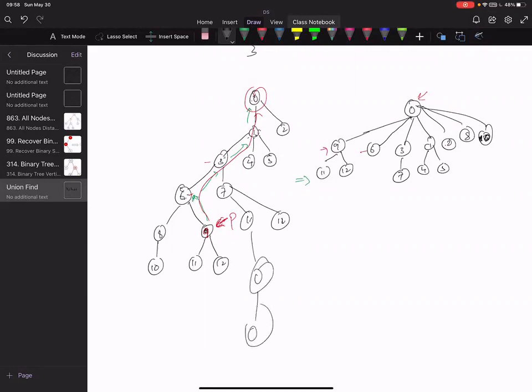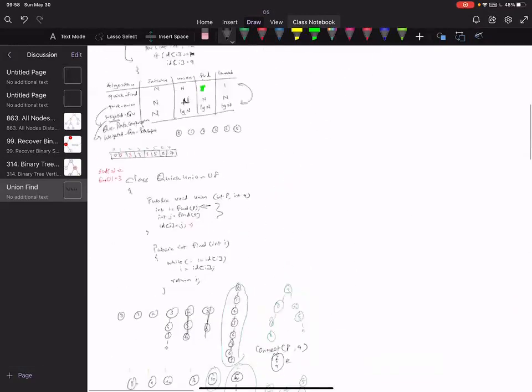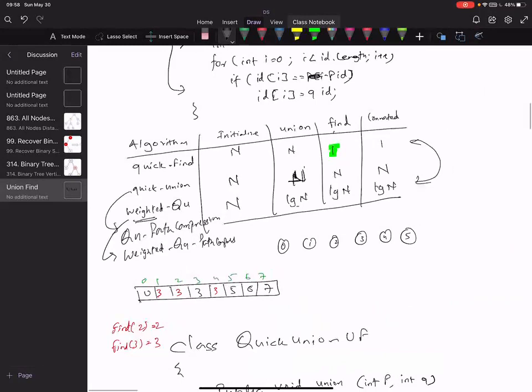Correct. So if we still do the weight, only then will you achieve the maximum optimization. If we just do the path compression without weight, then it will be the same log n in the worst case.